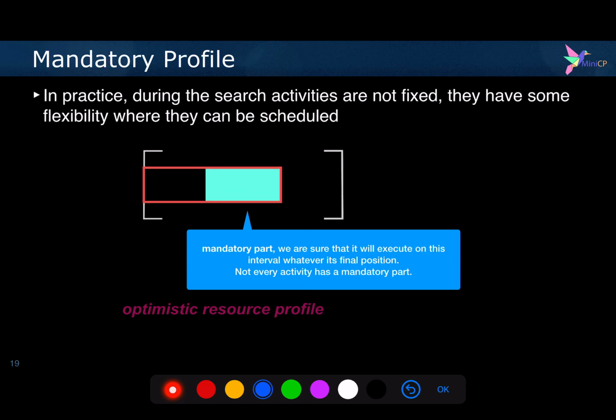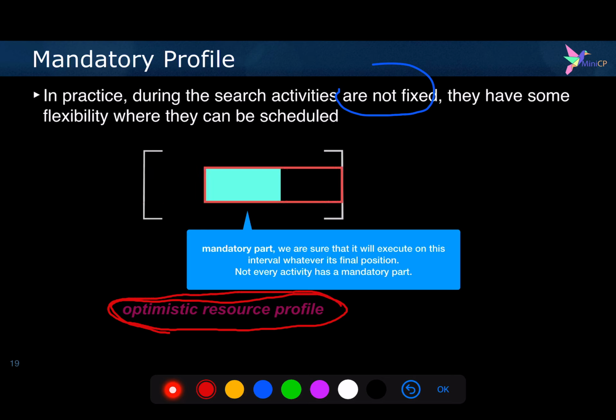The mandatory profile is a profile that is computed only based on the mandatory parts of the activities. Because, as I already said, during the search, the activities are not fixed. And so we have to deal with this case. We will create not the resource profile, but what we call an optimistic resource profile that will only be computed based on the mandatory parts of the activities. So for every activity I, I compute the mandatory part and extract it. This is a fixed rectangle, and then I compute the profile with the sweep-line algorithm based on these mandatory regions. And of course, it's very optimistic because